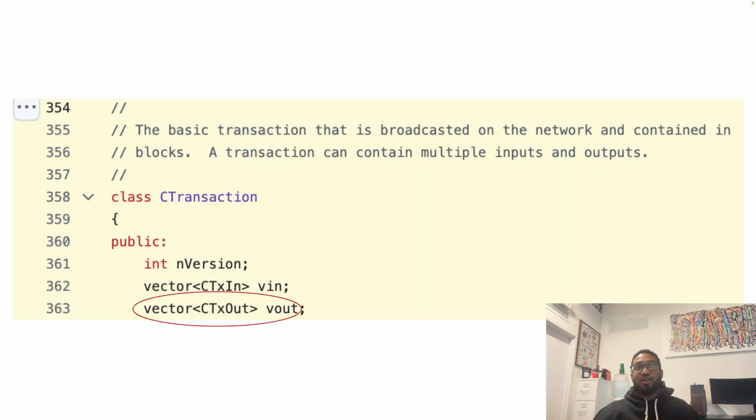Oh, and I wanted to show that in a transaction, it's stored in a place called the vout. If you've programmed C++, a vector is like a list. You have things called arrays, which are fixed in size, but a vector is dynamic. You could push back and put more things in there, and it reallocates automatically within your memory. So you have essentially a list of CTxOut. These are a definition of a data structure. You label this list of outputs and you call it vout. Again, this is original Bitcoin source code.